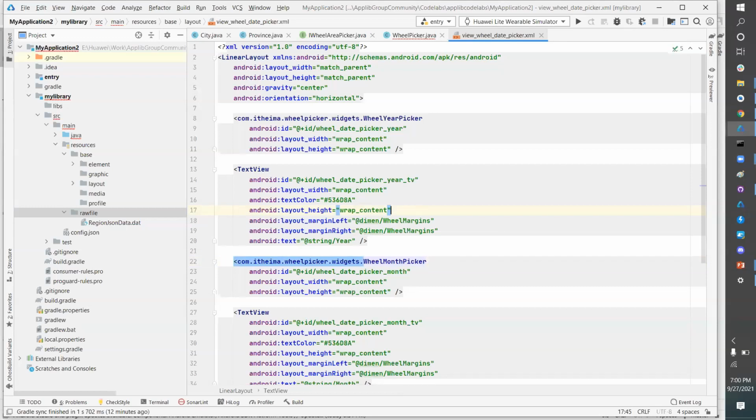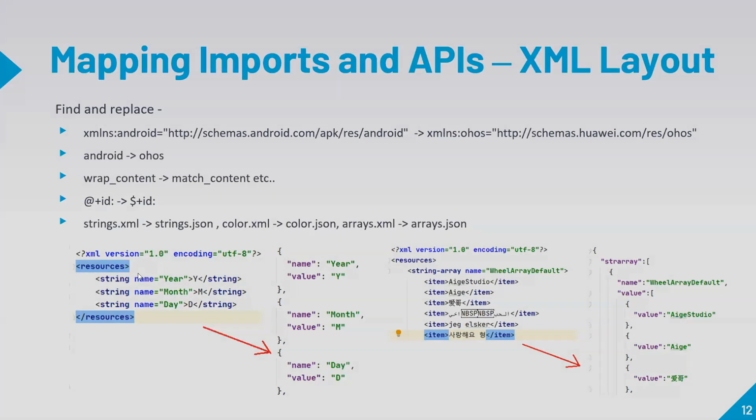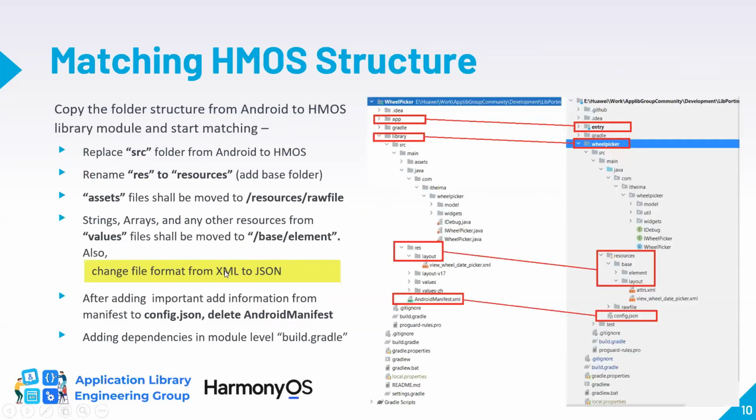Then next step, after converting these strings, arrays, and other resources, which is important, I already covered: we need to change the file format from XML to JSON. Then we add important information. Now in an Android project, we have a manifest file, but in Harmony, we have a config.json.